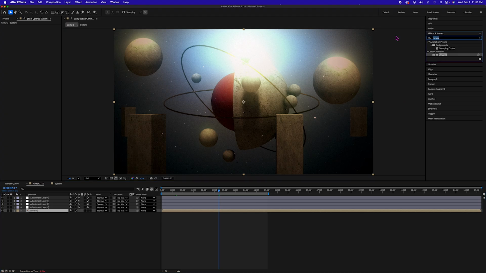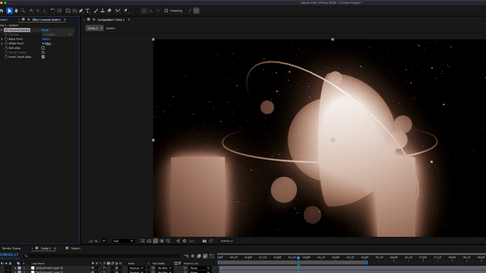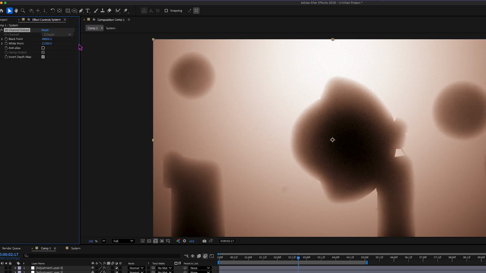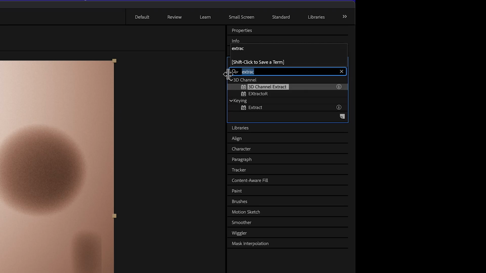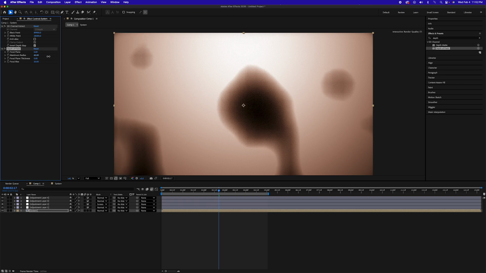So we want to go over to 3D channel extract. So you'll see that it gives you this kind of silhouetted image. Everything that's going to be dark is going to be what's in focus, and everything that's in white is going to be out of focus. So you want to make sure that this is more like so. And now that you have that set, you want to use the depth of field effect, increase the maximum radius,